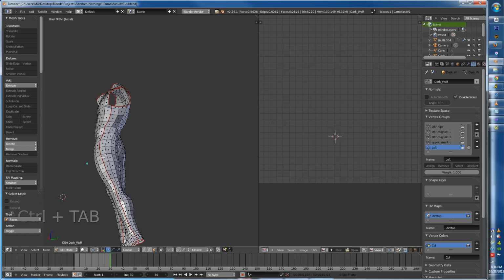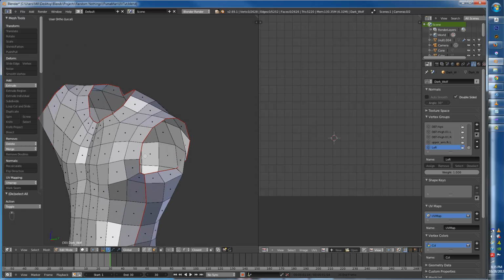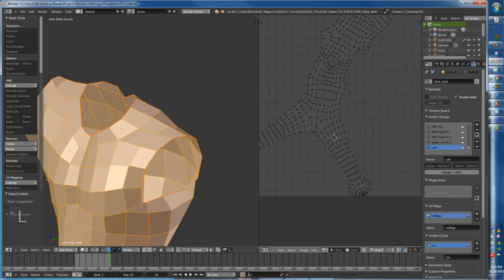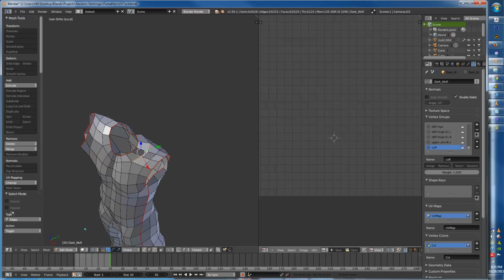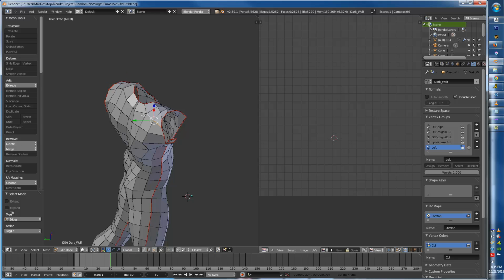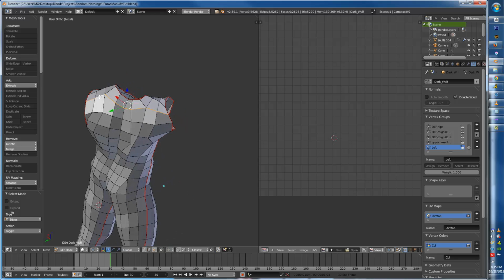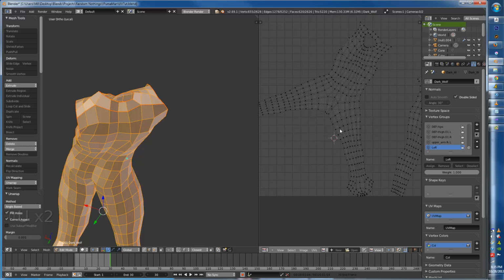So let's see, what is wrong with this? If we look at one part, alright, so because when I select it with L, it selects everything, I can tell it's continuous. And so there aren't enough cuts here. May not want to put the cut there, maybe would do better putting a cut here. Mark the seam, U unwrap,